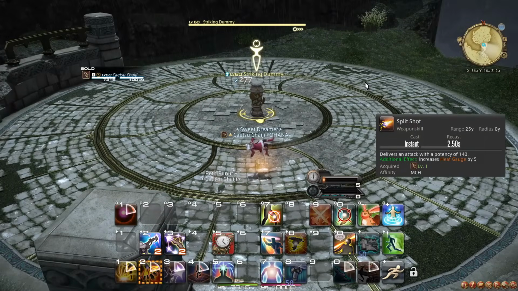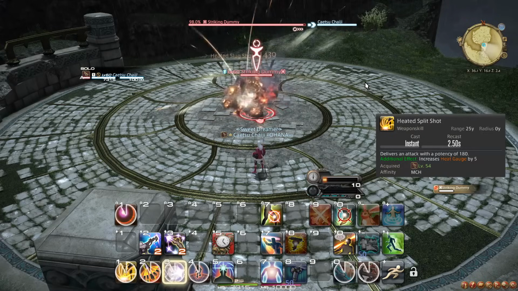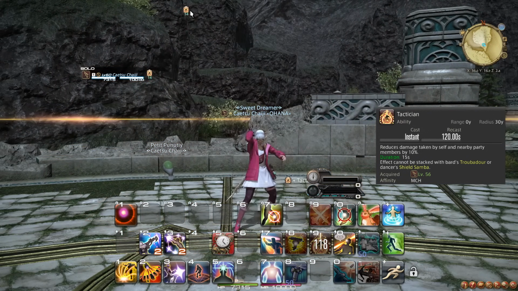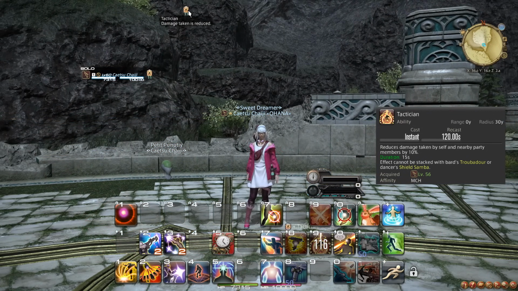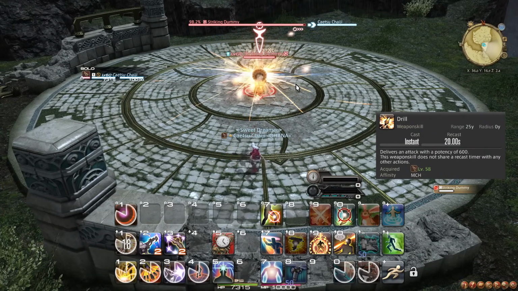At level 54, Split Shot is permanently upgraded to Heated Split Shot. This does not change your rotation. At level 56, you learn the ability Tactician, which is a raid-wide defensive cooldown that you should use when anticipating large AoE damage from bosses. You can also use it on large AoE pulls to help blunt the damage for your tank if you think it will help them. At level 58, you learn the weapon skill Drill, which does a massive amount of damage